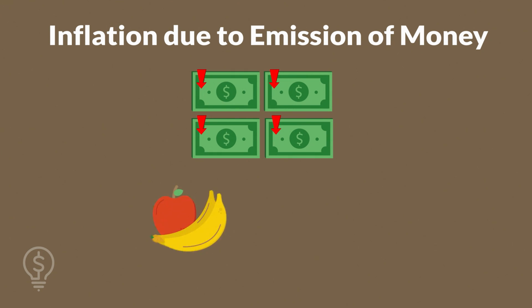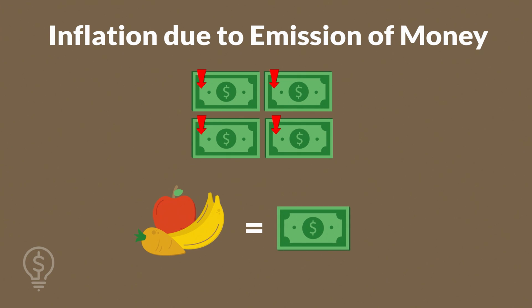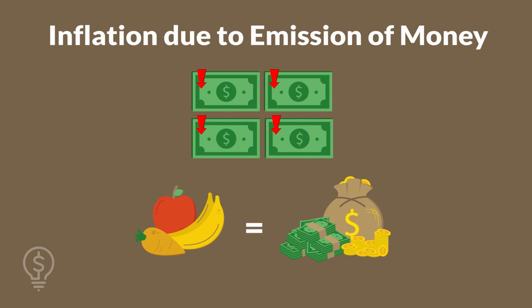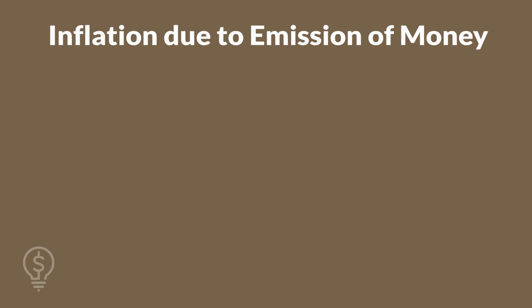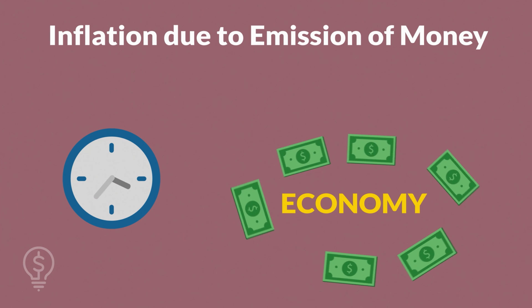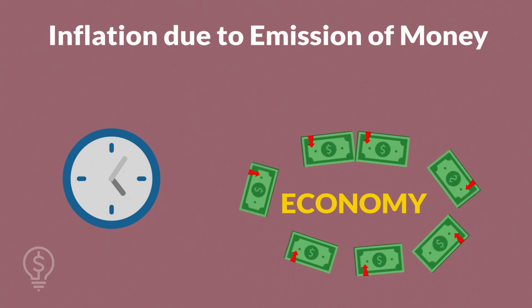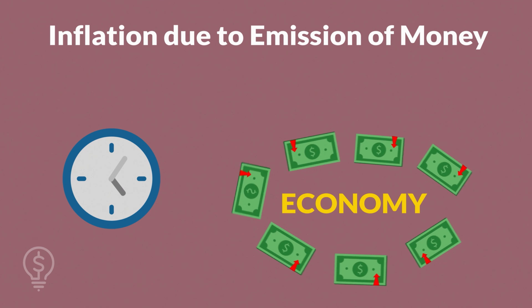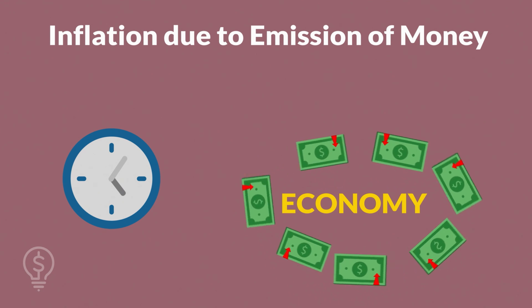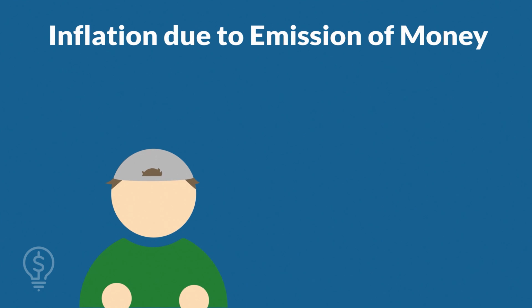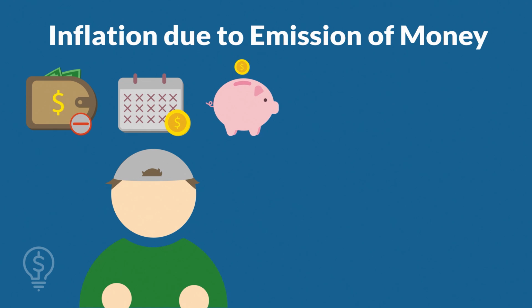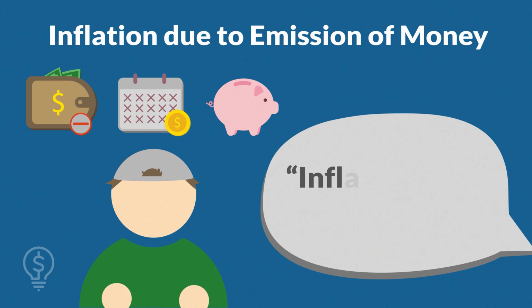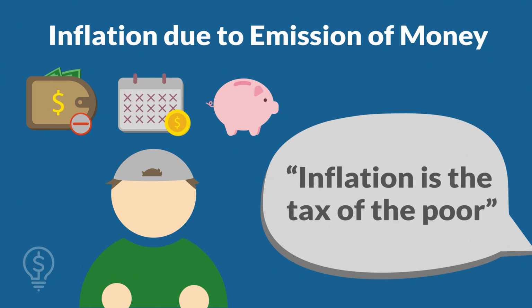And if before we needed only one bill to buy something, now we will need a larger amount to buy the same thing, so the currency loses purchasing power. But the main point here is that this accumulates over time, because in general, countries don't tend to reduce the amount of money in circulation, but quite the opposite, which causes a progressive loss. As a consequence, those who suffer the most are the ones with limited economic resources, those with fixed salaries, and those who don't save in ways other than cash. That's why, unfortunately, it's also said that inflation is the tax of the poor, since they are the ones who